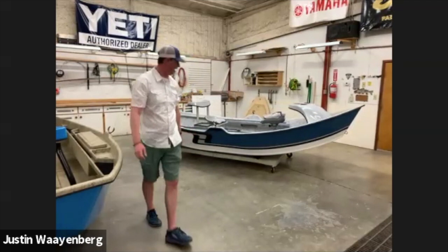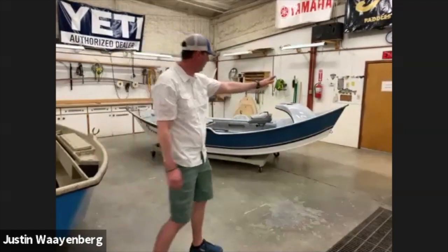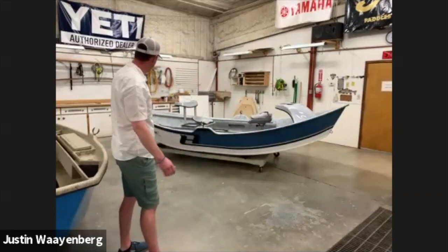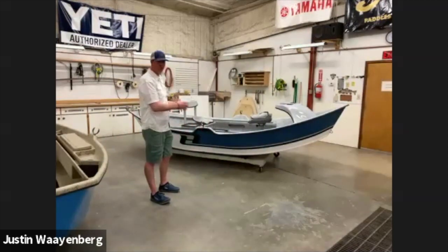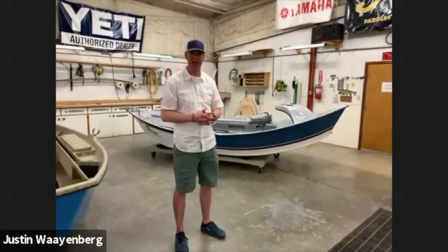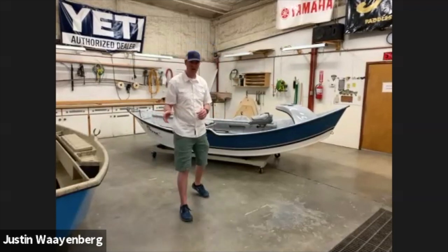As you can see, that boat has a lot of rocker, we call it. So a lot of flare up in the front, and then quite a bit of flare in the back. Really pointy bow, higher sides, and just a traditional design. We call that the football shape, or again, that traditional dory design. And then from there, we'll go